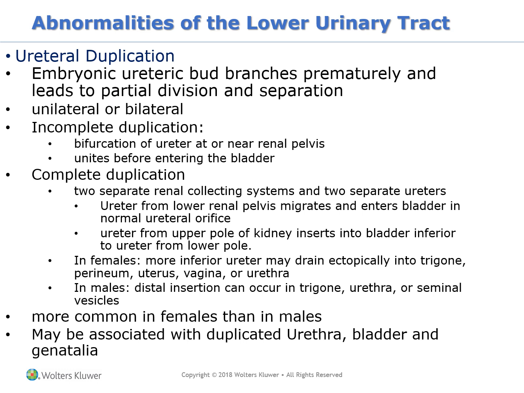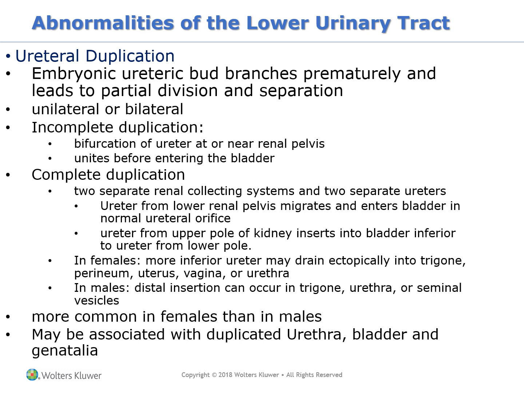It's a little counterintuitive of how that happens. In females, the more inferior ureter can actually miss the bladder altogether and drain ectopically into the peritoneum, the uterus, the vagina, or the urethra. Whereas in males, if it misses the bladder, it can insert right into the urethra or even into a seminal